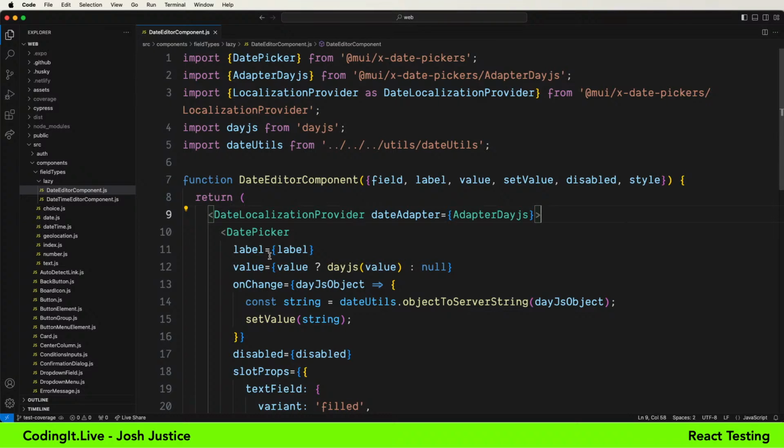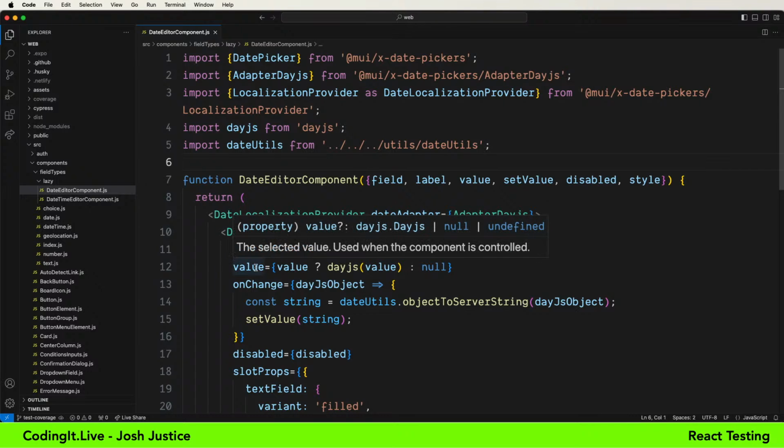So in the date picker, what happens in this component? What are the responsibilities of this component? It configures date localization, okay. It forwards along the label. So the label I provide here gets forwarded on to the third-party date picker component. That's going to be the text string that's shown, of course.